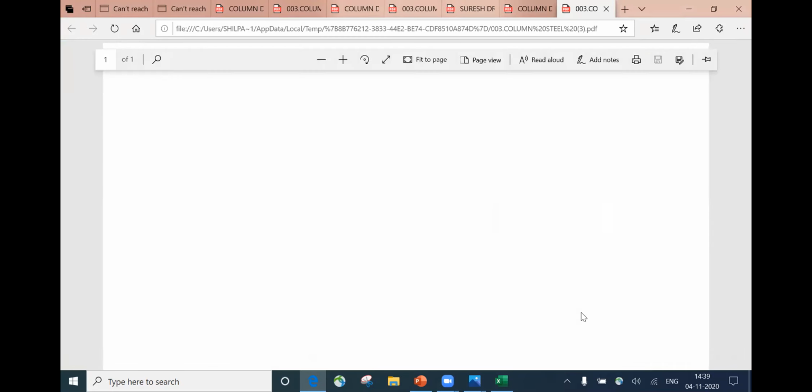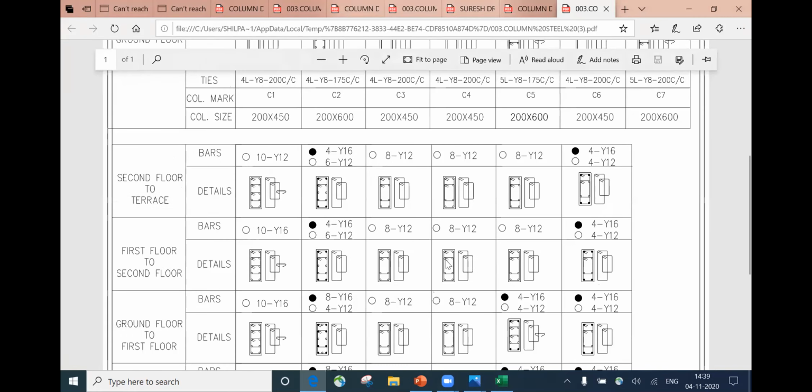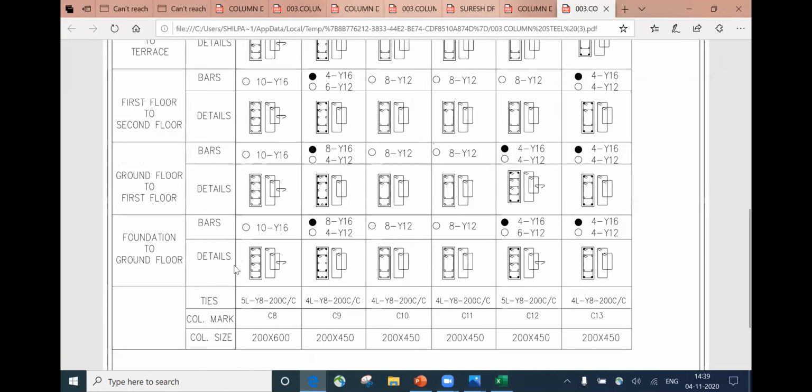So this is again a different drawing. Now it will be easy for you to understand. So look at this. Again, the column size is 200 by 600. The name of this column is C8. So how much is the steel that is required? The bars. Okay, now only up to here I'm concentrating, so just concentrate on this portion. The bar I require is 16 diameter, 10 number of bars. So 1, 2, 3, 4, 5, 6, 7, 8, 9, 10.